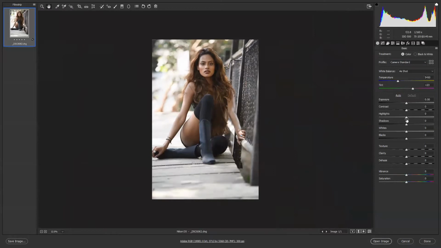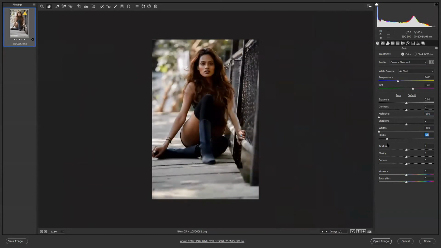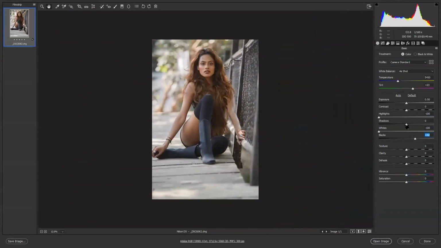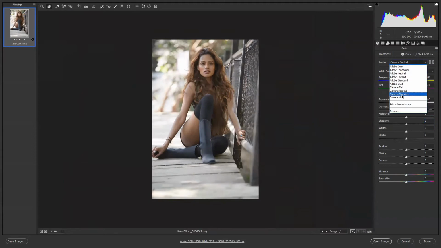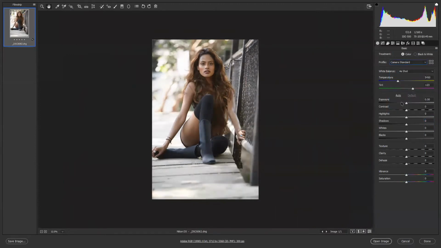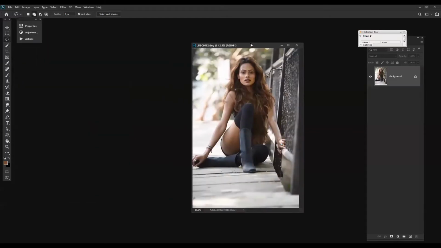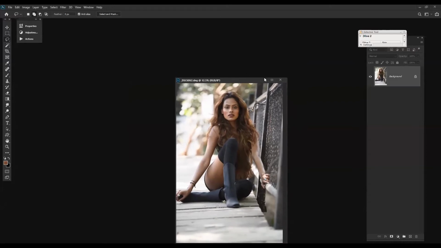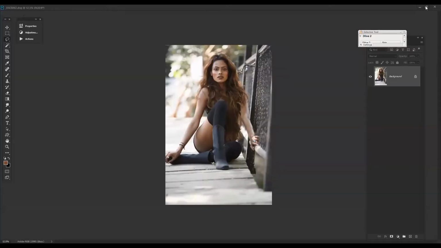This is the increasing and decreasing of highlights, controlling the highlights over the raw, whites. This is the blacks, enhancing and decreasing, and this is the shadows. We won't go into this today. This is the basic raw. The first thing we have to correct is to always open the image in the setting we have clicked in. That's camera standard, which sir has clicked in. So this is the opened image now. Let's begin.